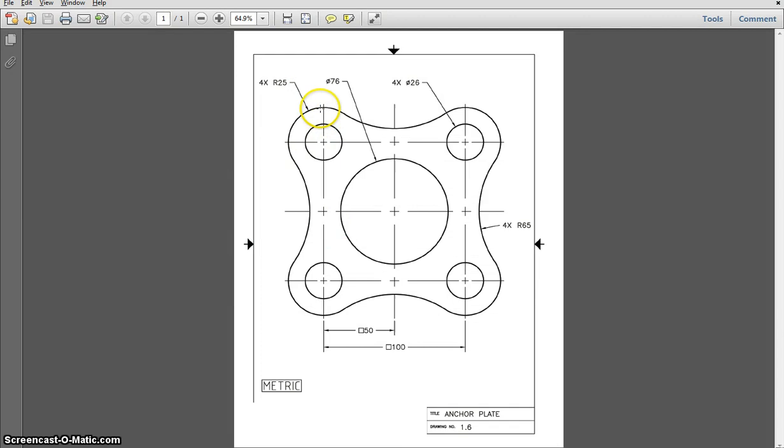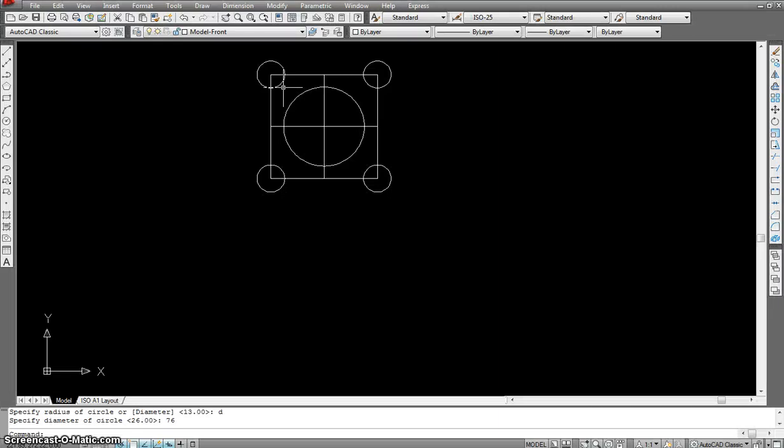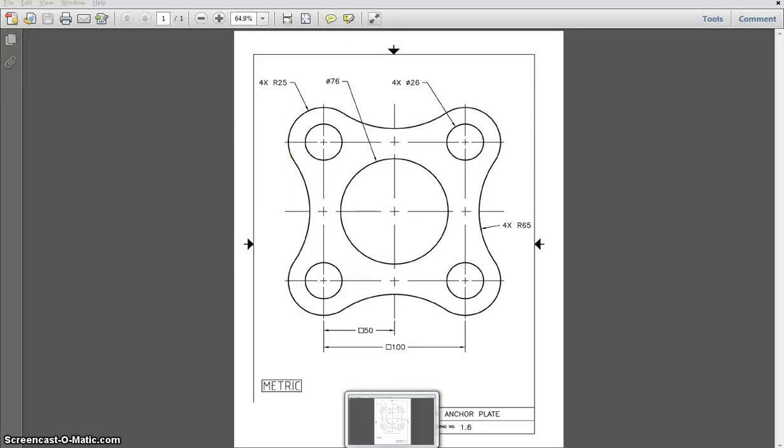The next thing I'll be making is these circles. As the radius, it says, is 25. So how much is the diameter going to be? Obviously it's going to be double the radius, right? So circle, enter, from the same center point, I'm going to give it a diameter of 50. Is that right? Yeah, 25, so that will make it